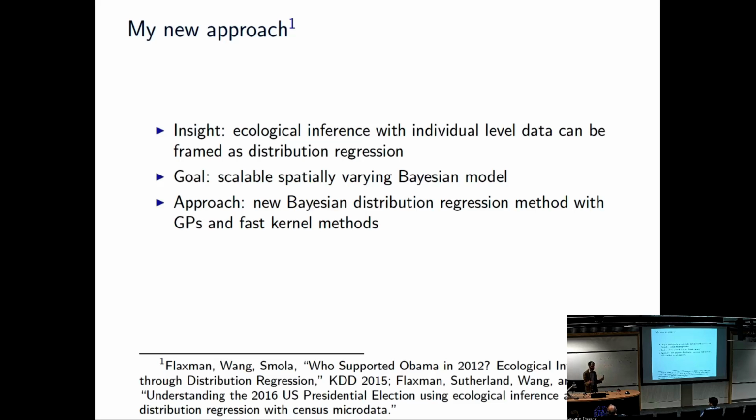So if this was standard regression, I would have labels for all of these. I would have y for each one of these, and then I could just do a regression of y on x. But I can't do that here because I've got all of these unlabeled and then one label that goes with all of them. And so the reason that this machine learning method is called distribution regression is I think of each of these as its own distribution, and then I'm doing regression of a label onto a distribution. I'll show you a picture.